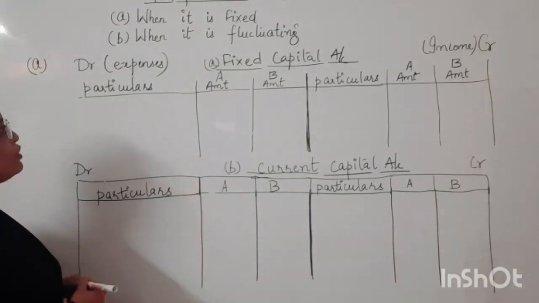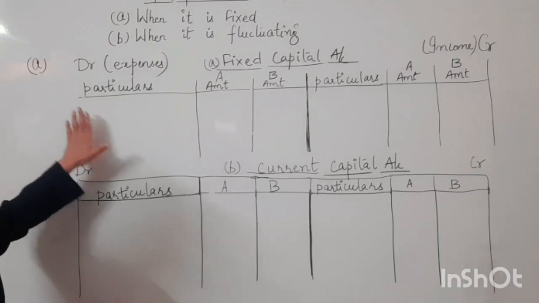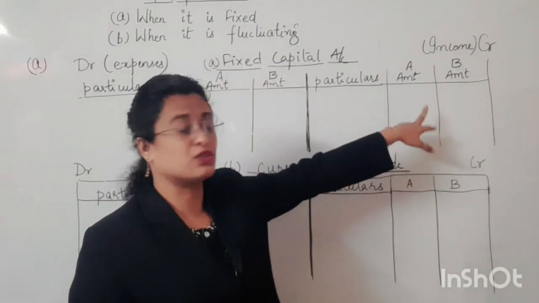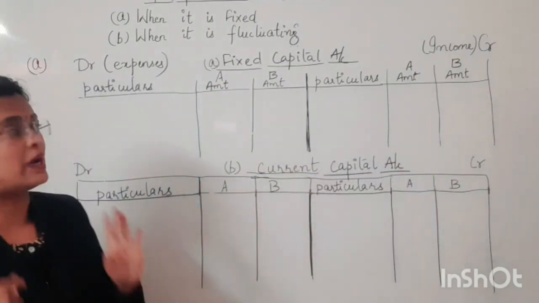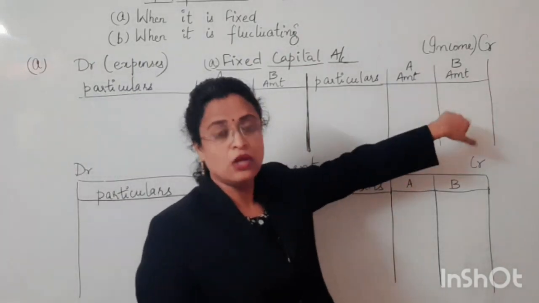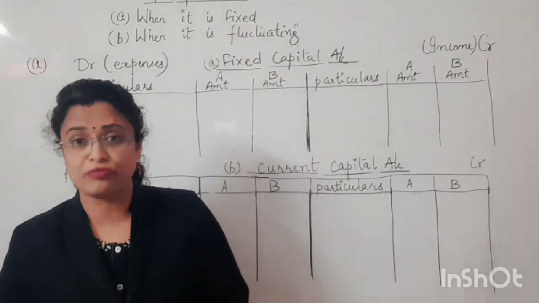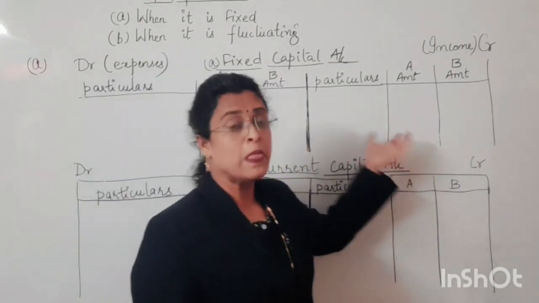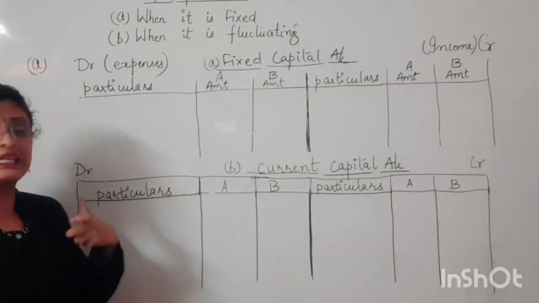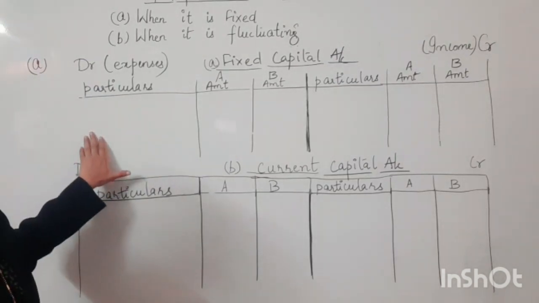Okay, so the left hand side of the partners' capital account or any ledger account is called what? Debit side. And the right hand side of any ledger account is called what? It is called the credit side. So in case of a partners' capital account, children, this right hand side is referred to as an income side. All those items which act as an income for the partner will be shown on the credit side, and all those things which will be treated as expenses from the partner's point of view will be shown where? In the debit side.